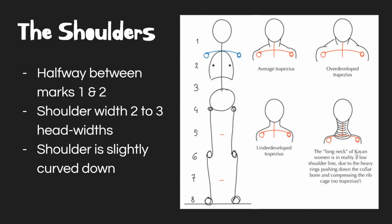The shoulder line is about halfway between marks 1 and 2, with the shoulder width 2 to 3 head widths. But its apparent position can vary quite a great deal. To begin with, it's slightly curved down, but in tension, the shoulders tense up and the curve can itself turn up and look higher. Furthermore, the trapezius muscle, which from the front appears to connect the shoulder with the neck,